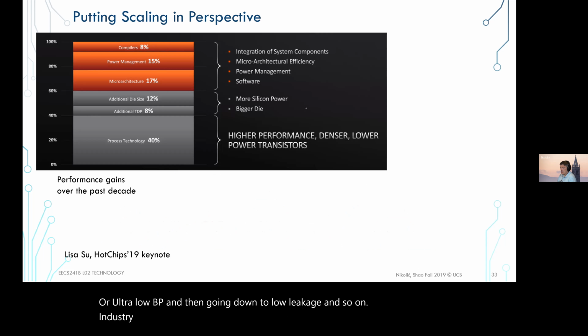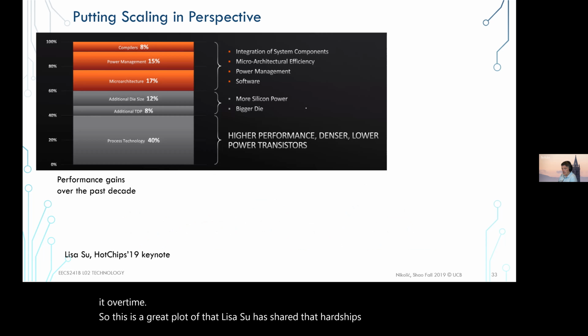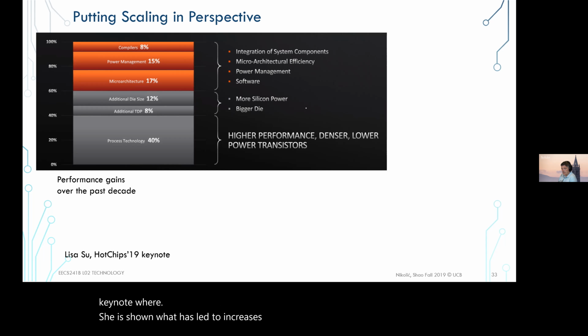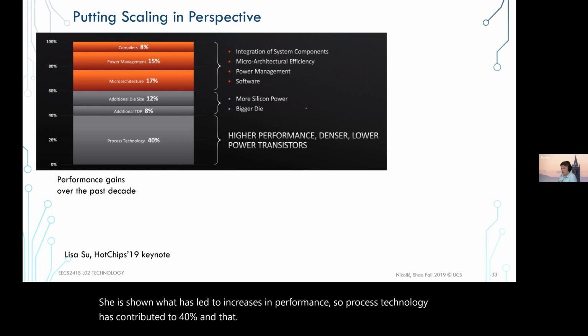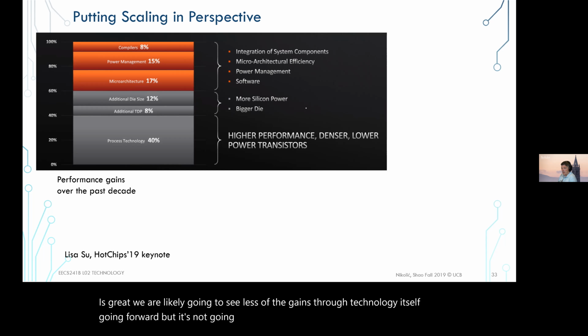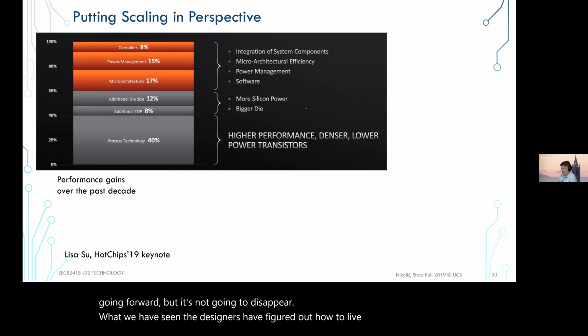The industry has also been getting used to these changes in how Moore's law affects it over time. This is a great plot that Lisa Su shared at Hot Chips 19, her keynote, where she showed what has led to increases in performance. So process technology has contributed 40%, and that is great. We are likely going to see less of the gains through technology itself going forward, but it's not going to disappear. What we have seen is that designers have figured out how to live with higher temperatures, so higher thermal design,